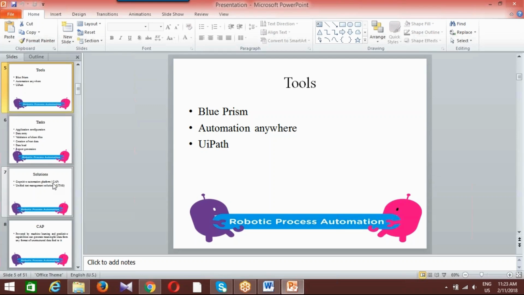In robotic process automation, we have different tools. The first tool is called Blue Prism, the second is Automation Anywhere, and the third is UiPath. Next we have OpenSpan, and so on. So there are different tools, and any one tool can be learned by a person who wants to enter the field of RPA,